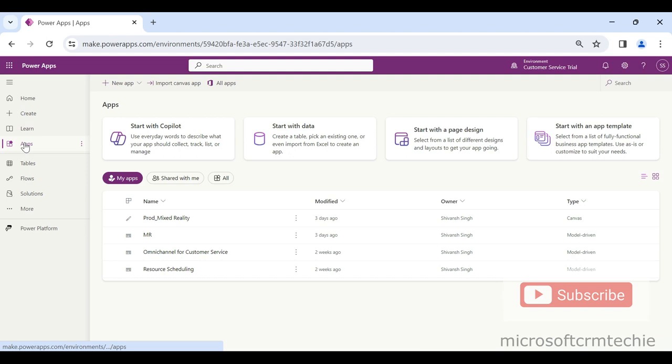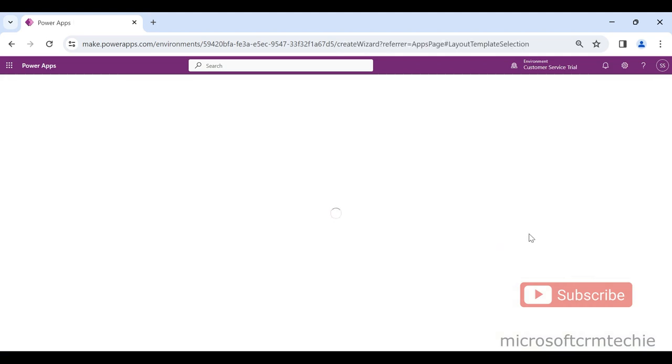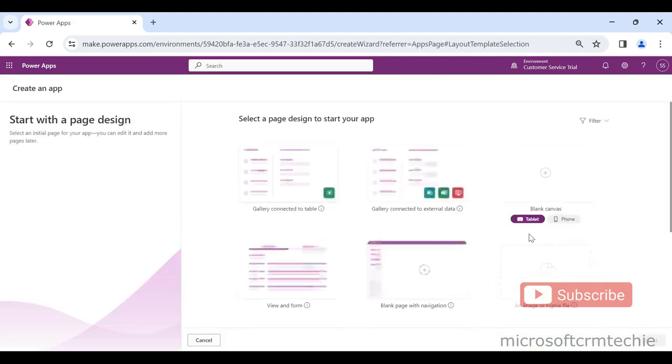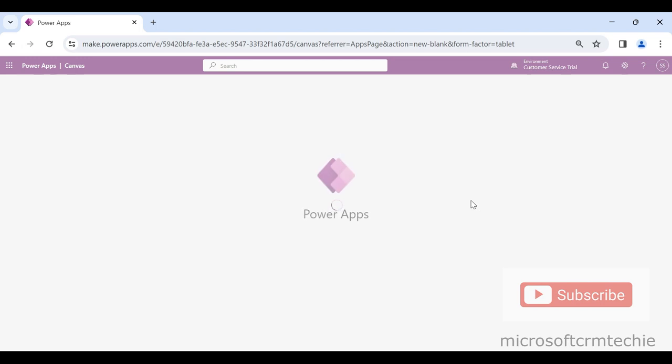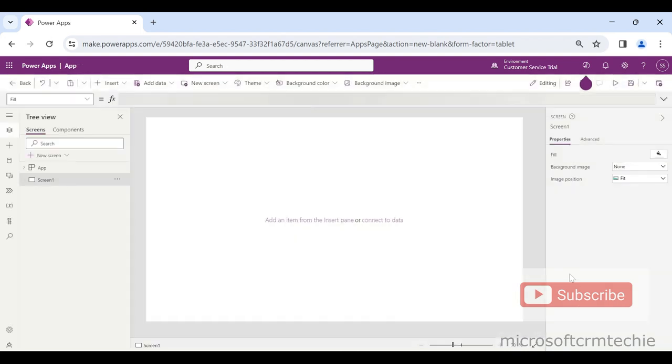I'll create a simple Power App application. I'll create it with the tablet mode. Let's wait for the page to get loaded. Yeah, the page gets loaded successfully here. So I'll rename it to